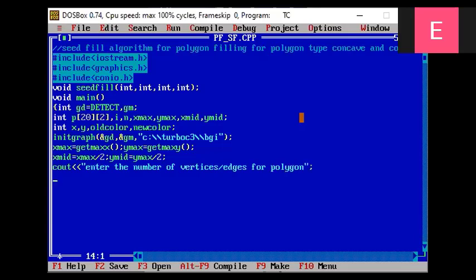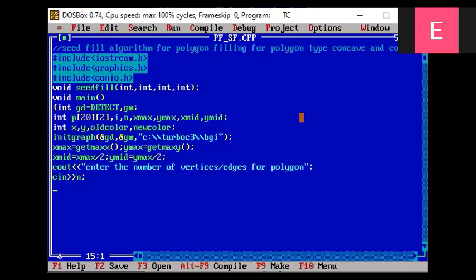Okay, close this double quote, then cin. So here you have to read n, the number of vertices, the number of edges. Now the n value is not less than 3. That must be equal to 3 or greater than 3. That you may write there while entering.